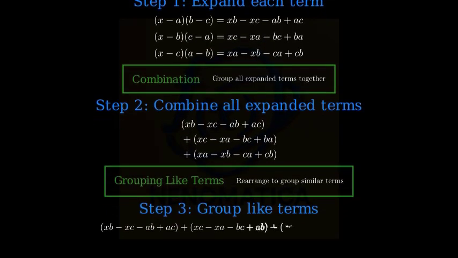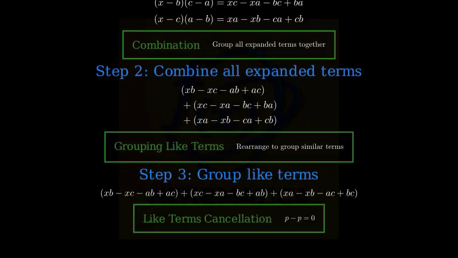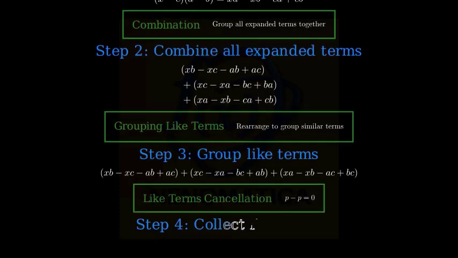This gives us x times b minus x times c minus a times b plus a times c, plus x times c minus x times a minus b times c plus a times b, plus x times a minus x times b minus c times a plus c times b. Let's further simplify by collecting like terms. When we collect the terms with x times b, we get x times b minus x times b, which equals